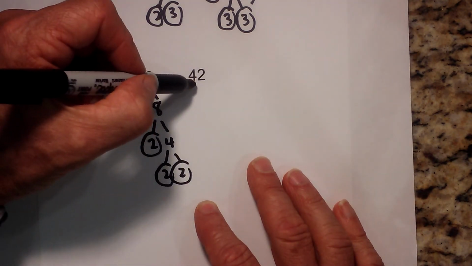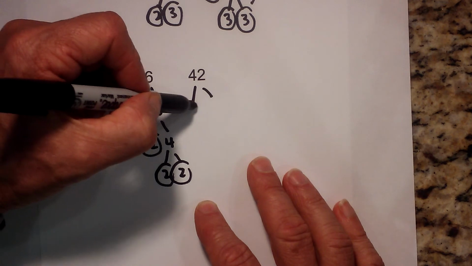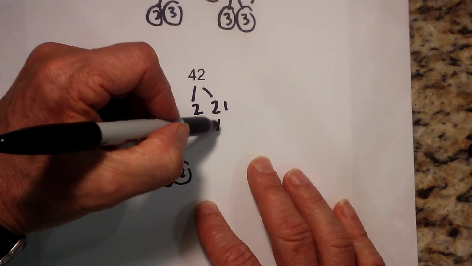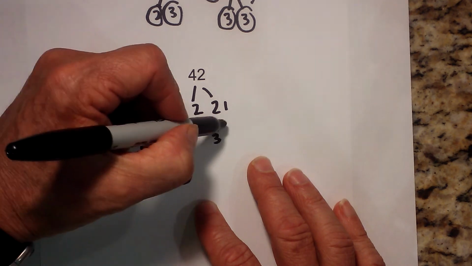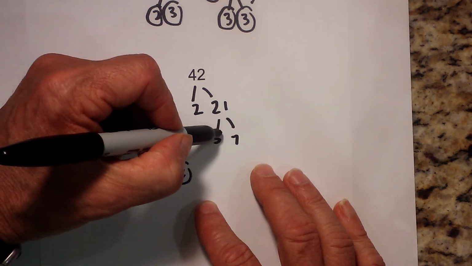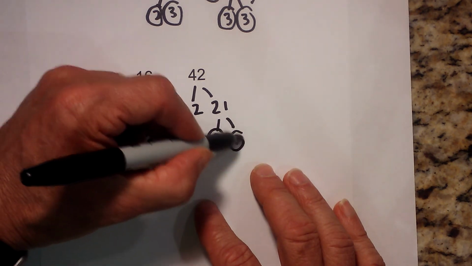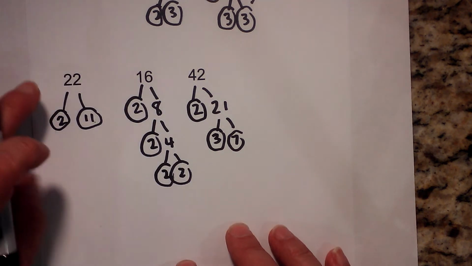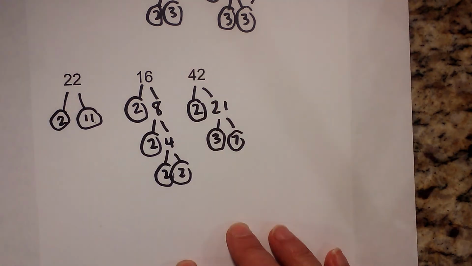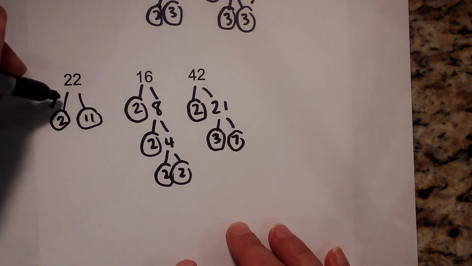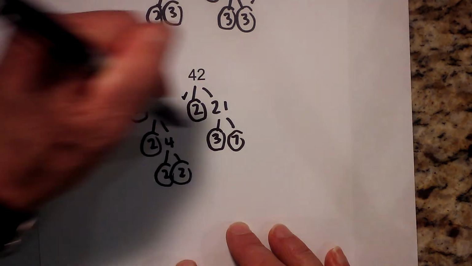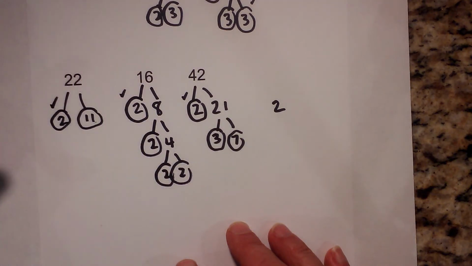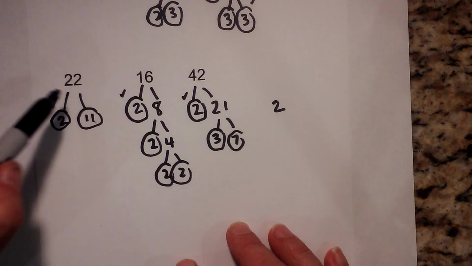And then finally we have 2 goes into 42 21 times. And then 3 goes into 21 7 times, and it looks like both of these are prime, and I missed a prime there, so there's the 2. So now we're trying to find a number found in each of the three factor trees. So 2 is in all three, so I'll write the 2 over here. And it looks like 2 is going to be the only number, so the greatest common factor of these three